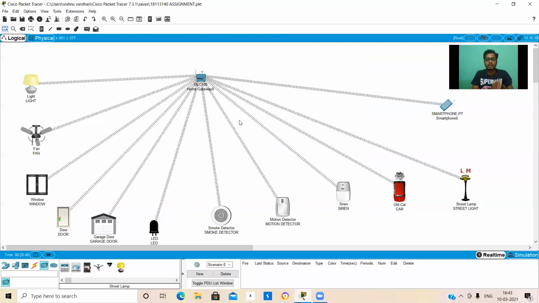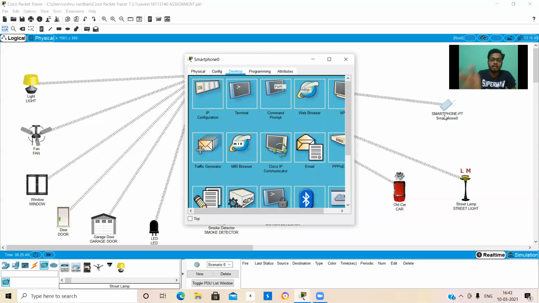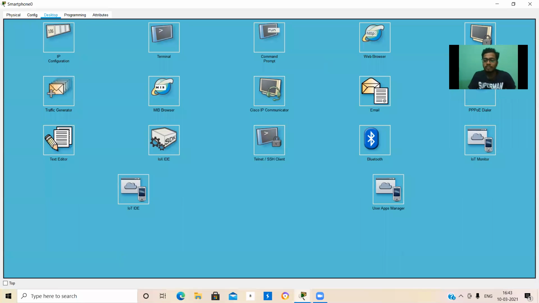Now, how are we going to control these devices using a single device called a smartphone? Let me select the smartphone, and this smartphone is also connected to the home gateway. Now, we need to give some conditions: if a particular thing is going on, then another thing will continue parallelly.